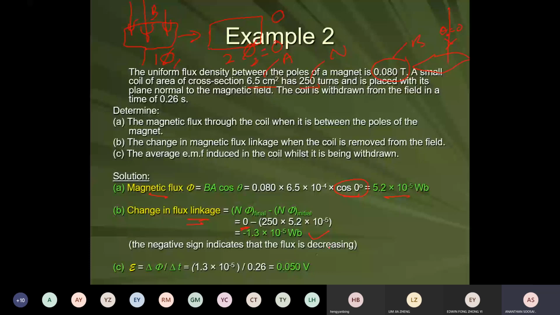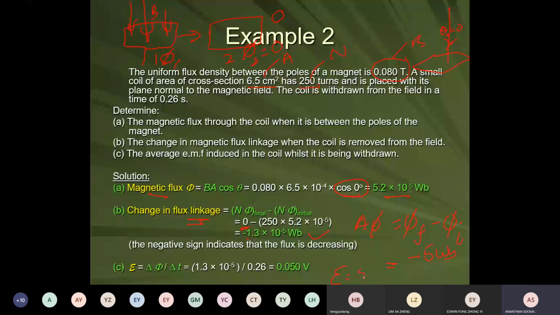So third, what is the average induced EMF in the coil being withdrawn? According to Faraday's law, the EMF induced is the rate of change of flux. Flux change is 1.3 times 10 power negative 5. As I said, Cambridge, although the change you got is negative, normally the change in flux is actually final minus initial, right? Okay. Cambridge, normally whatever number you got, maybe you get a negative 5 Weber,